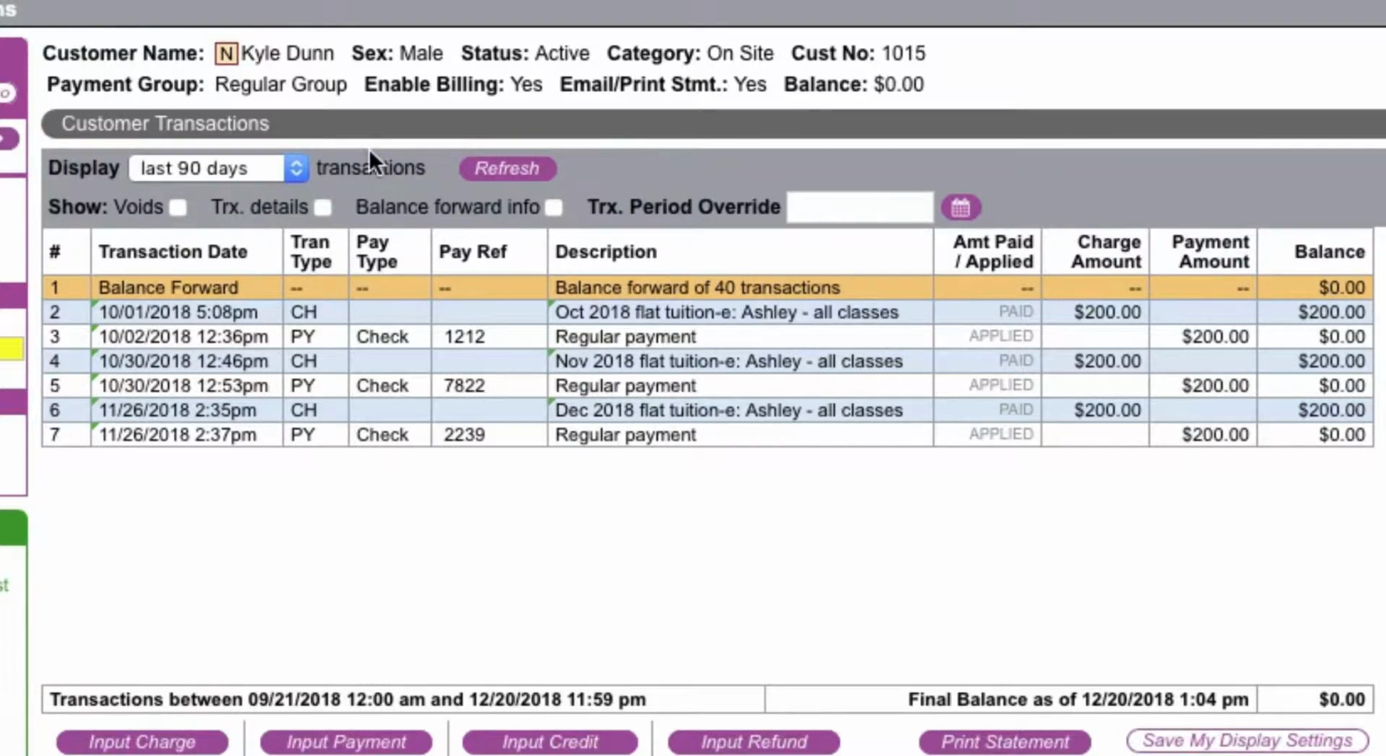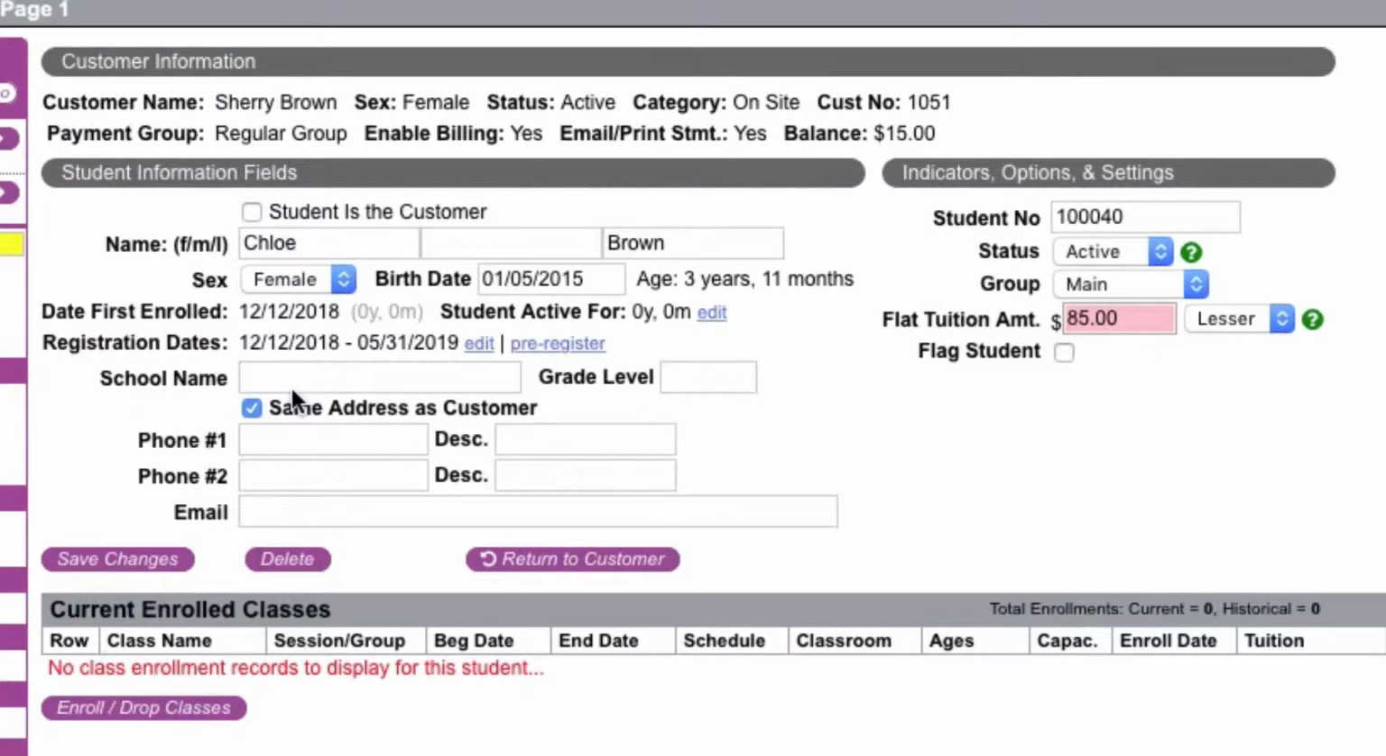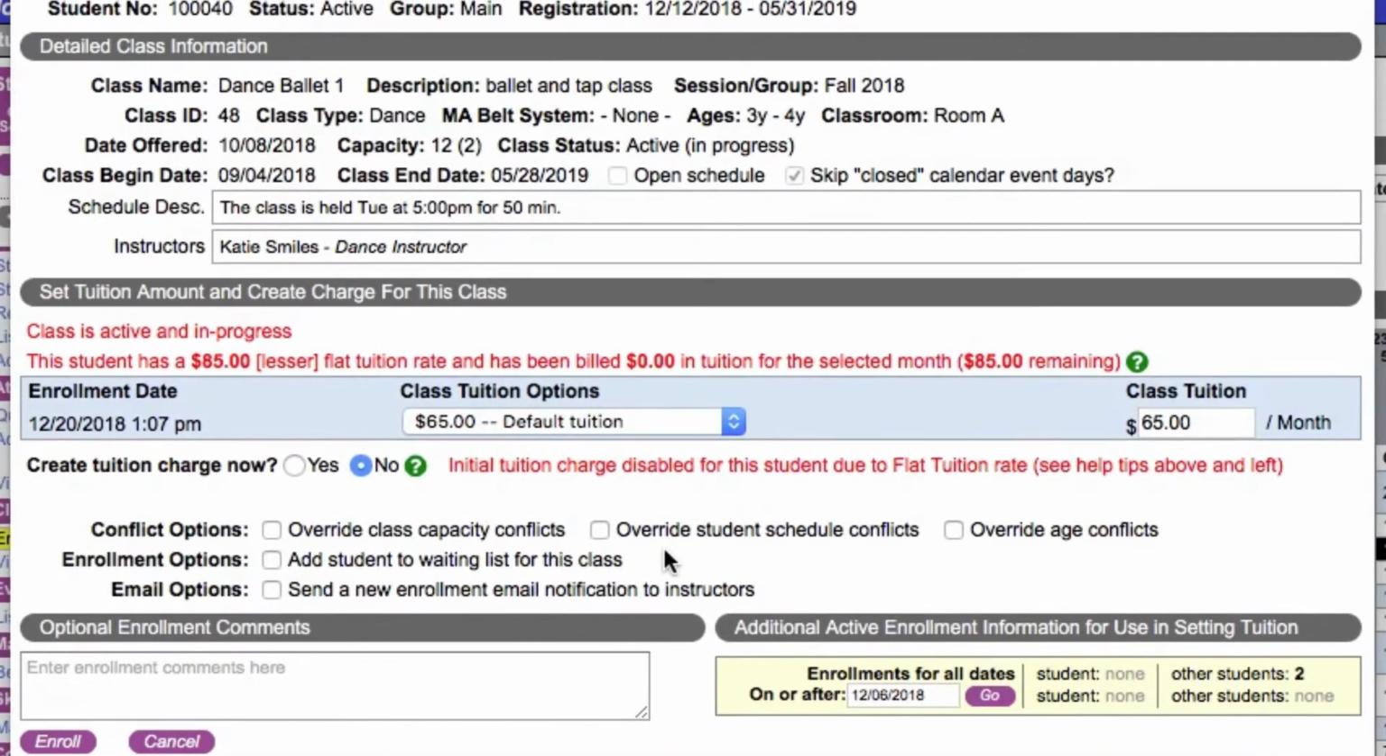Let's go back to our student list and look at another student, Chloe Brown. Chloe has a flat tuition of $85 lesser and wants to enroll in 2 classes. All right, so we're going to click on the Enroll button. The first enrollment will be the Dance Ballet 1 class for 3 to 4-year-olds at $65 per month. When you click on that class,